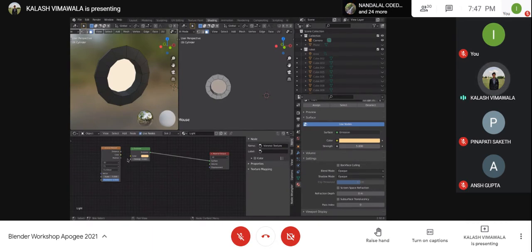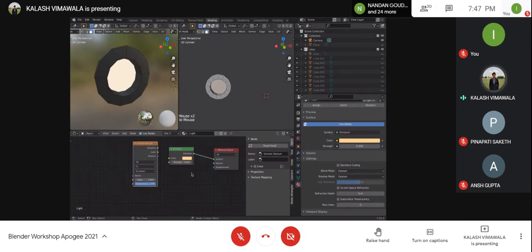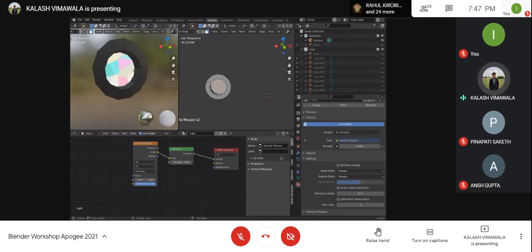Now what you see in Blender is that each input or output has a different color. So emission as an output has green and surface also has green. So you can link both of these. Now you cannot link green to purple. Even if you can, it will give you undesired results. So link yellow to yellow, and now you see a completely different output over here. You see multiple colors. If you increase the scale, you see the difference over here.